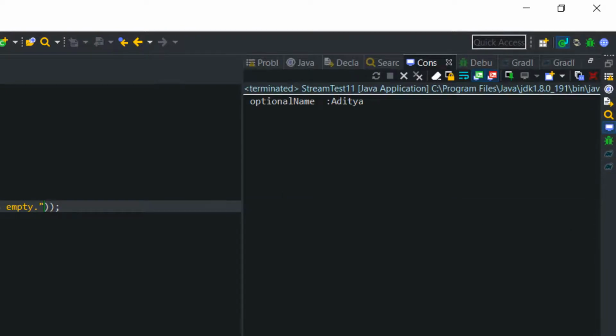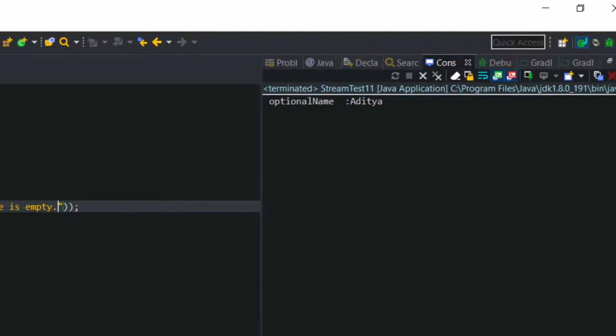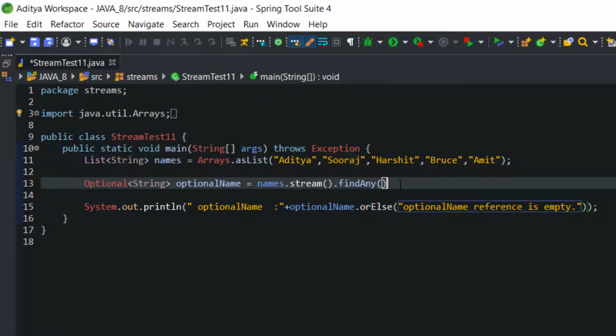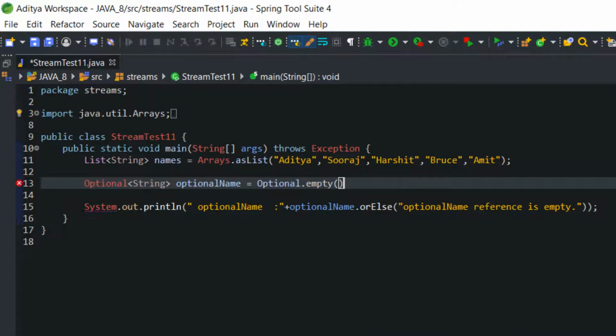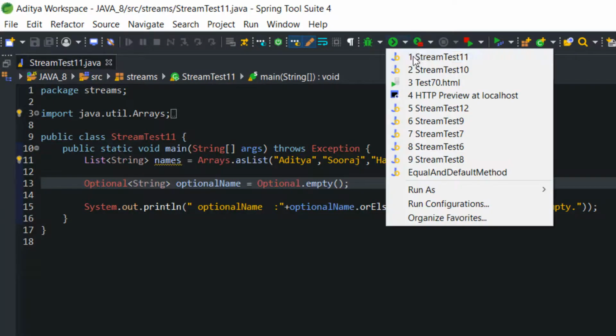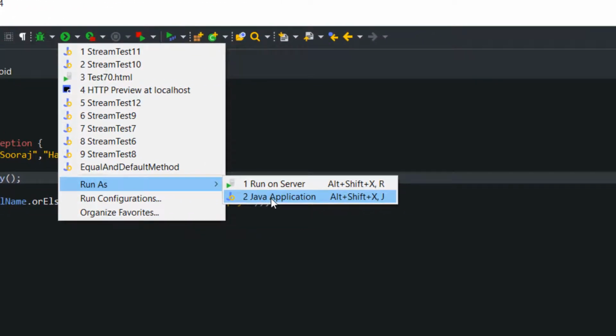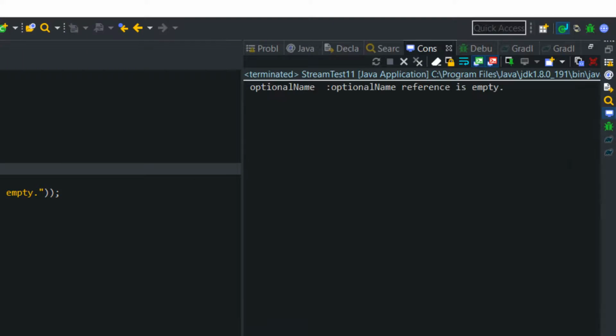Okay, right now it did not go to the orElse block, it just returned whatever name is stored here. Now what if I pass Optional.empty? Now it will go into the orElse block because nothing exists in optionalName. Optional name reference is empty.